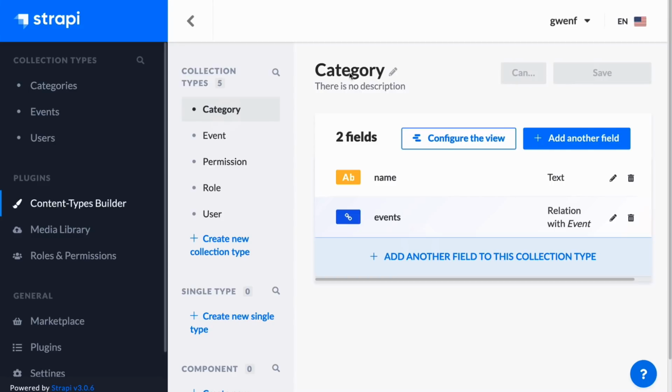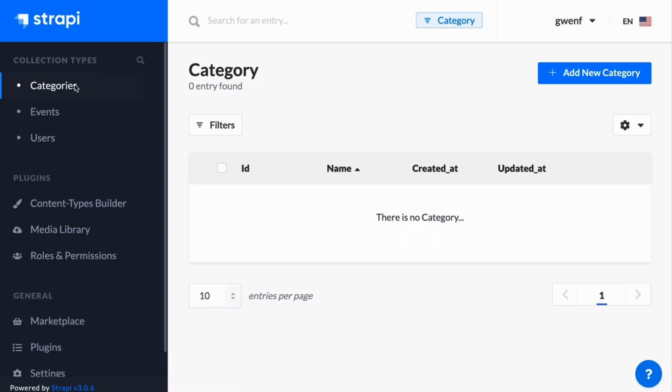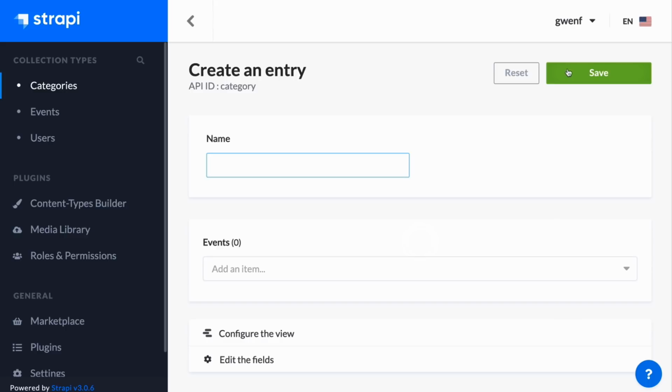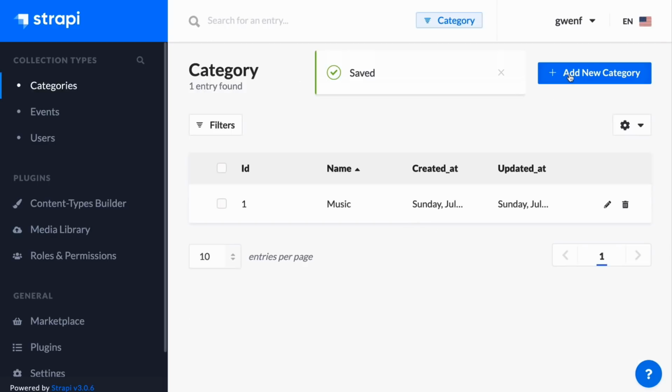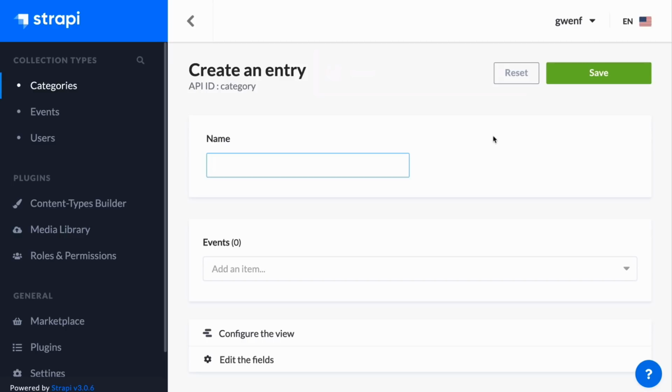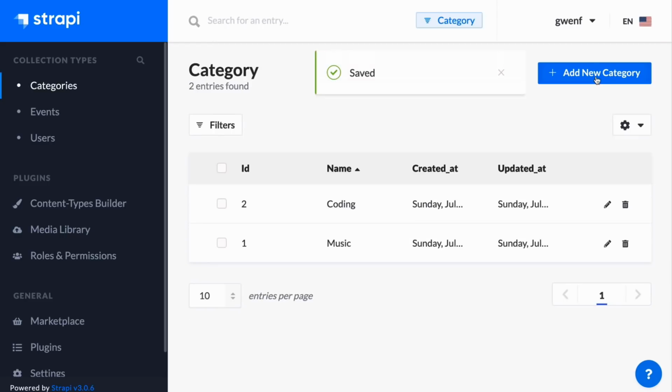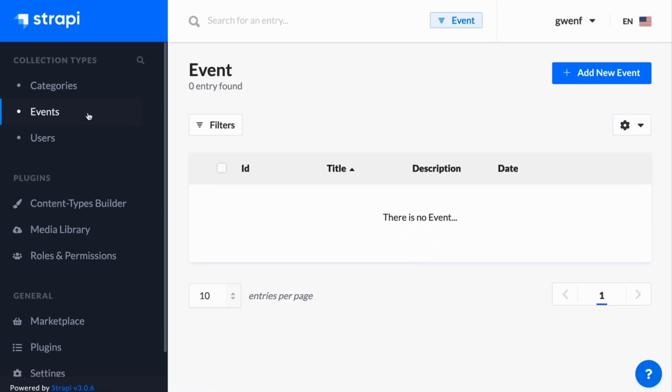And now you can see I have this category schema, and then I have a categories collection over here. First, I'm going to add some categories here. So I'm going to add a category and just call this music. I don't have any events to associate with it yet, so I'm just going to save it. And then I'll add another category, and I'm going to call this coding, so people can host coding events. Save that. All right, so now I have two categories here,